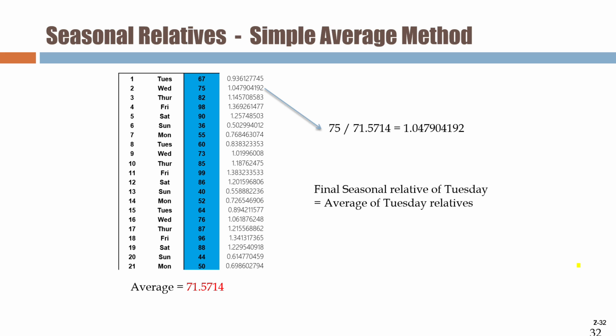That was the central moving average method, and this one, you just calculate everything's average. This is everything's average. Okay, this 71.5714 is the average of every number. Now you calculated about